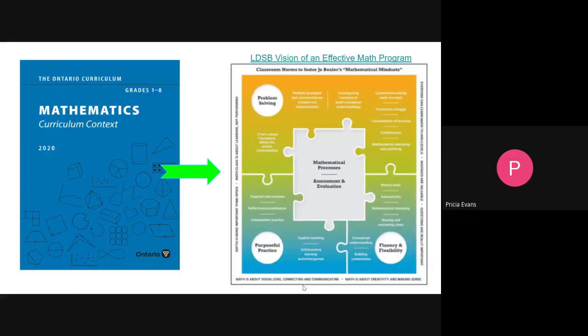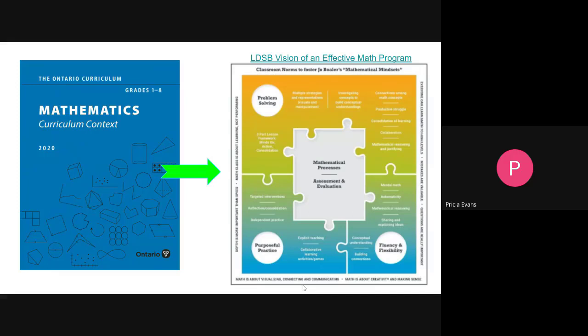The new math curriculum was developed by Dr. Christine Sertam and her team from Ottawa U. This was great news. We have worked with Dr. Sertam in the past here in Limestone, and she's influenced our learning. The curriculum was also developed with input and research of other leading math experts from across Canada and around the world. As you go through the curriculum document, you might see connections to some of the researchers and leaders that we have at Limestone. As well, they used input from classroom teachers and workplace experts, and I think that was directly linked to the coding and the financial literacy expectations.